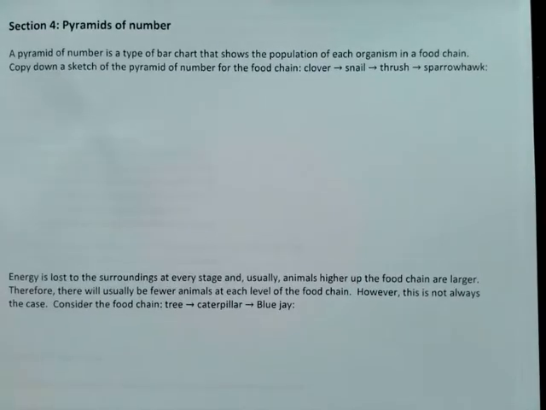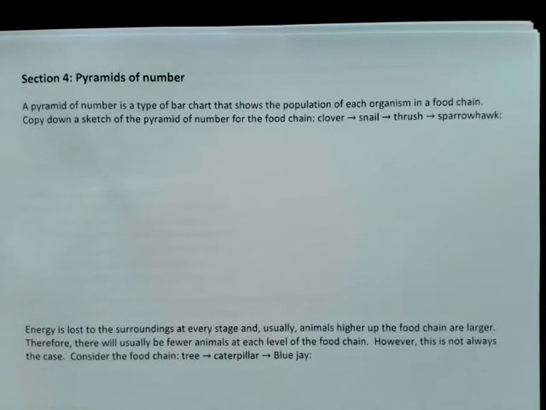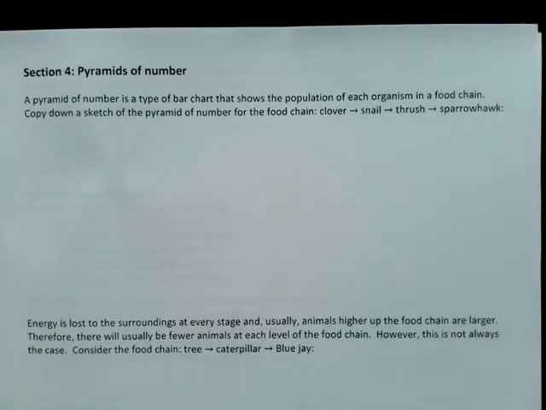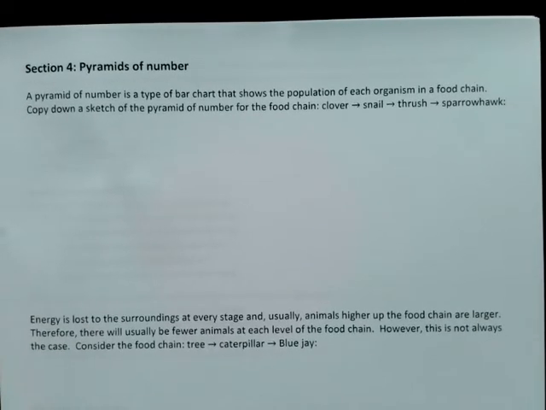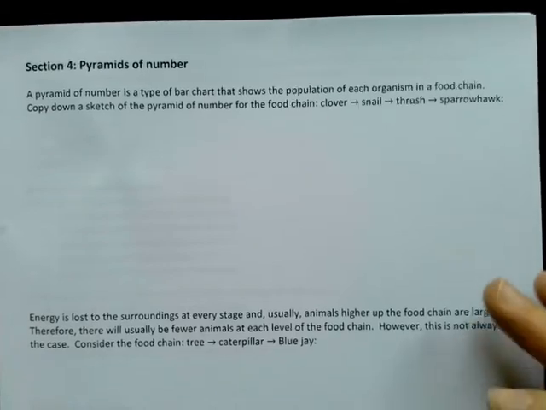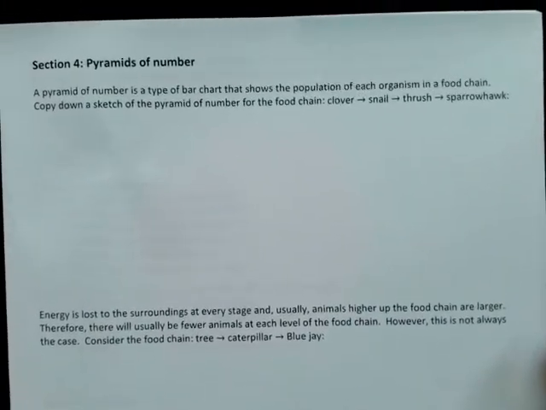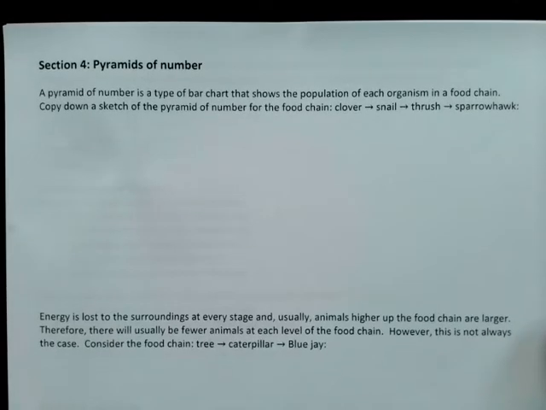Next we're going to move on to section number 4, which is a section called Pyramids of Number. You're going to need either your book in front of you or this in front of you if you've got it printed out, and you'll need a pen, and you're going to need to pause it to draw a lot of diagrams. As you can see, there are a lot of empty spaces on this piece of paper, and we're going to have to put in a lot of diagrams in those empty spaces.